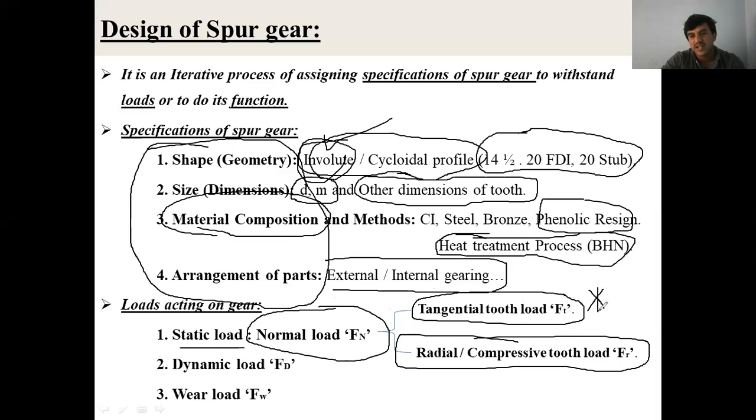You consider only the tangential tooth load, because this is the force that causes the transmission of power or motion from one gear to another gear. The dynamic load occurs due to inaccuracies present. When two gears are meshed together, there may be a clearance between the teeth of the meshing gears, or the gear tooth may not be a straight one, but the gear will still transmit the motion and power.